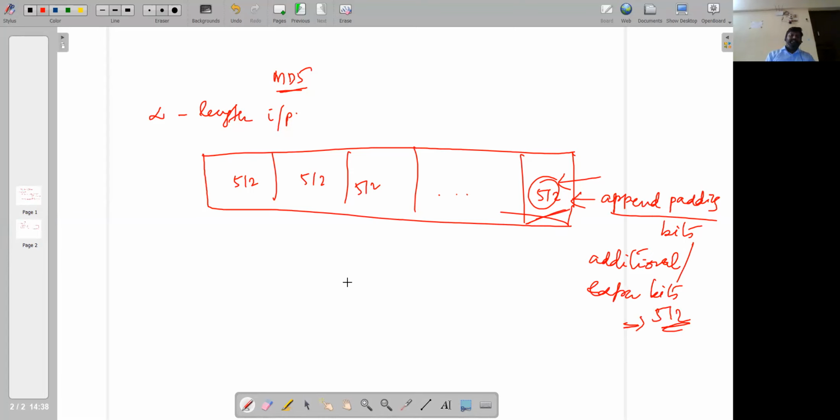After that, we take this 512 bit block as an input and then process it, right? Here, when we talk about the initial vector value or the chain value, when we pass the first value, it is called the initial vector, and when we pass the same output to the next level, it is called a chain value.